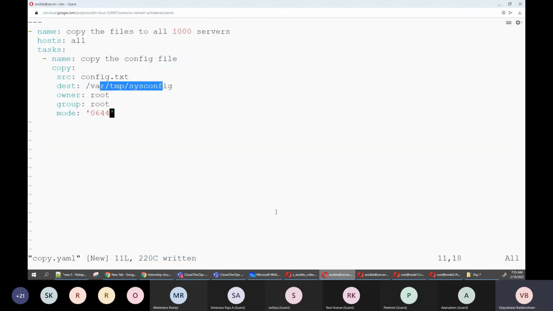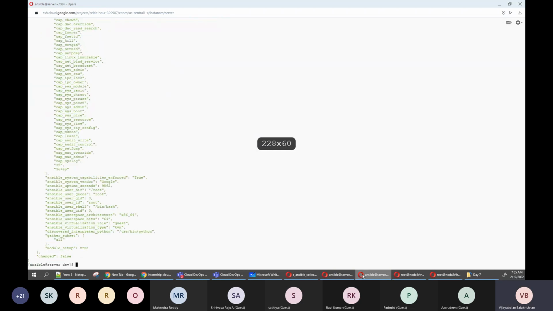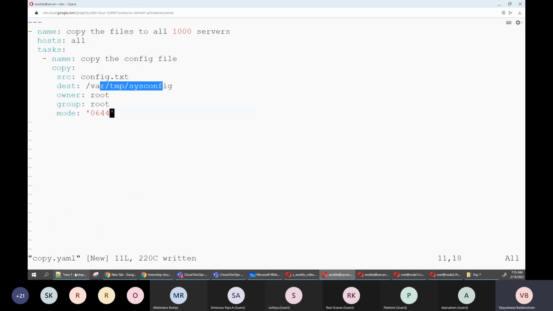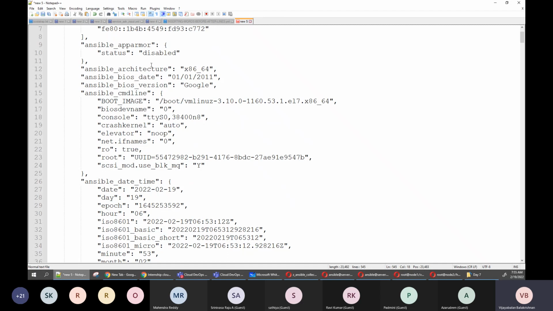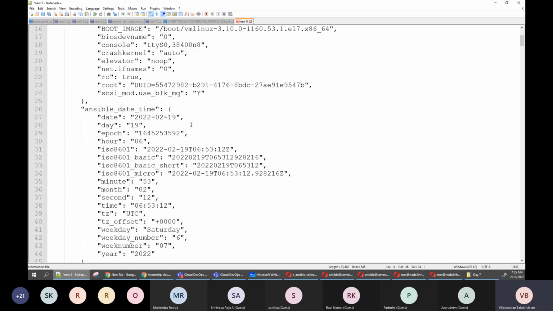Now I can maximize with control plus. Now you tell me, for node 1, from this output, what all you can get. See, node 1's IP address is this, and the architecture is this, and even the BIOS version, because we created it as a Google Cloud virtual machine. Come down.